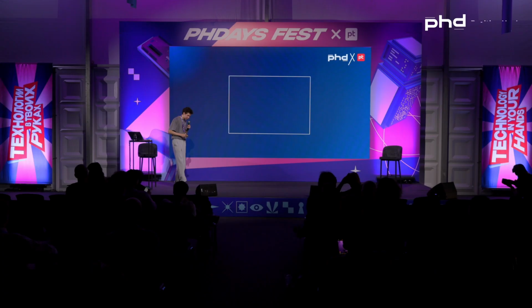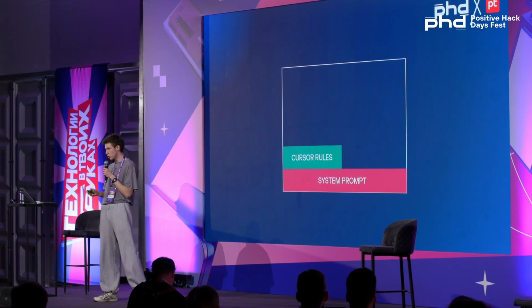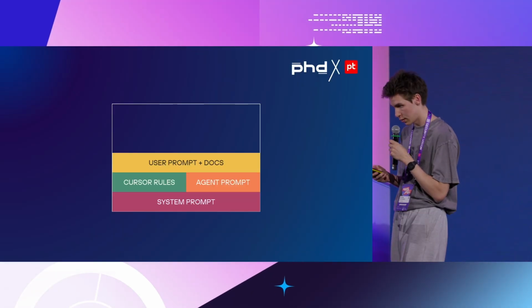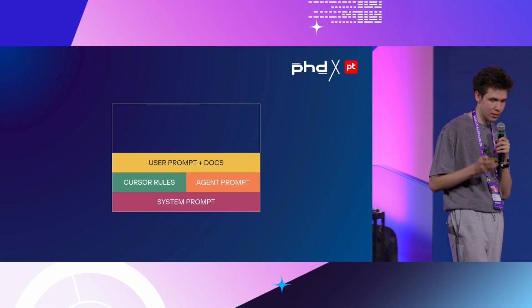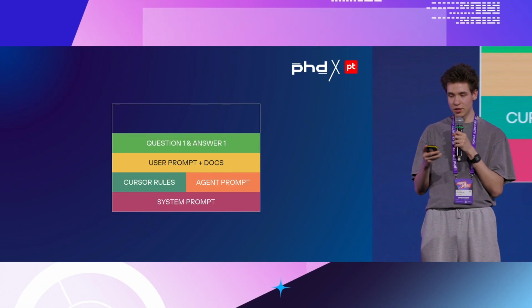So when you start your chat with a model, its context is empty. It knows nothing about your project, meaning that it's doing nothing. However, once I've pressed enter, the model's knowledge of the project starts growing. I am telling it, you are a great Gemini agent. You know what you're doing. Then I'm adding cursor rules, agent prompt, intention prompt, about what it is that I want to do. Documentation, which I forgot to tag, well, the model will sort it out, I guess. So all this instruction context has gathered.